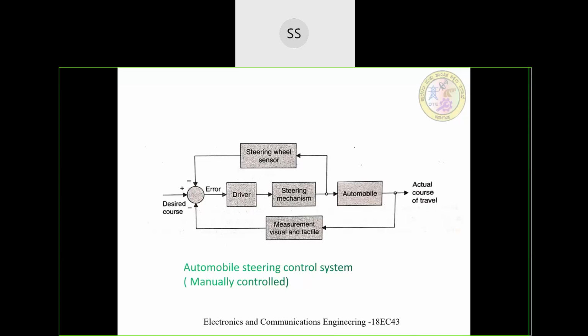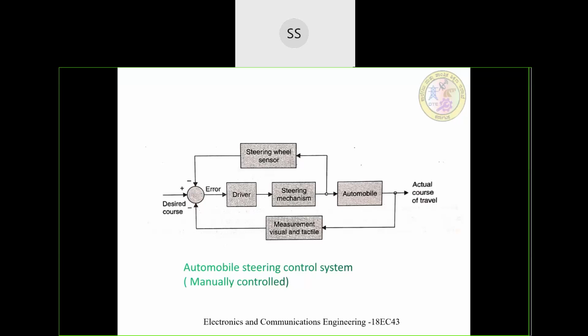This we experience daily whenever we are driving an automobile. As soon as you feel that the vehicle is going in a different way, obviously we are going to turn the steering wheel and change the direction so that we go in the proper, desired way. So the generation of error is the most important signal for the driver in order to correct. Once he gets the feedback, the driver through his senses will decide what to do, in which direction to rotate the steering wheel, whether to the right side or the left side, so that he can correct the difference between the actual course of travel and the desired course.